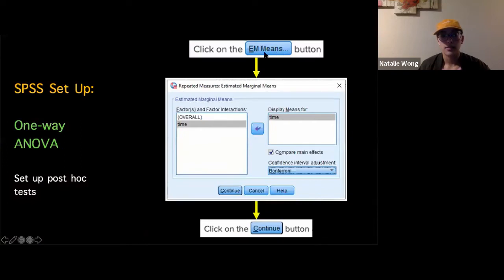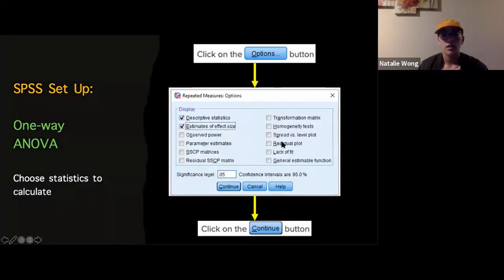So EM means is where we set up our post hoc tests. The setup of these is going to be the same as what we did for the two-way independent ANOVA last week. We just don't have an interaction effect yet because we don't have multiple independent variables. But we'll move time into the display means for box, and then compare our main effects using a Bonferroni adjustment. Click continue, and then that ends up taking you back to the main repeated measures dialog box,